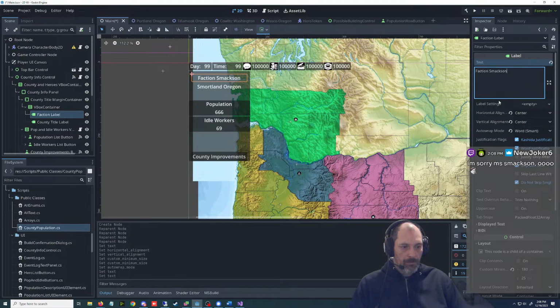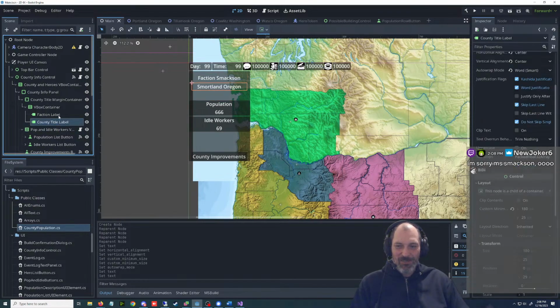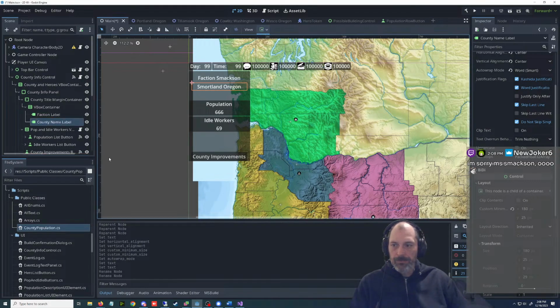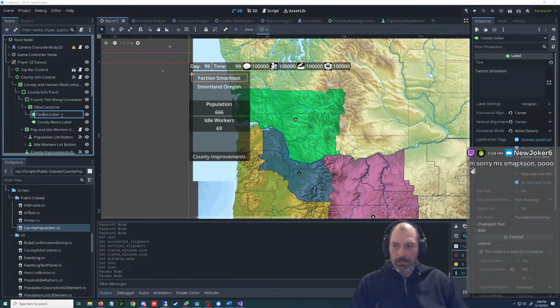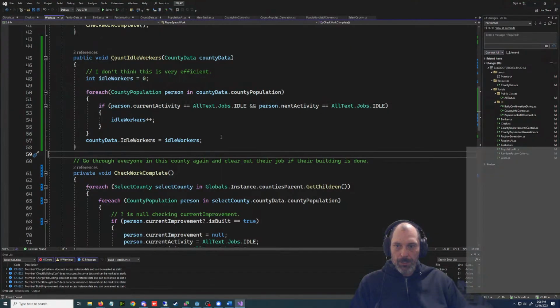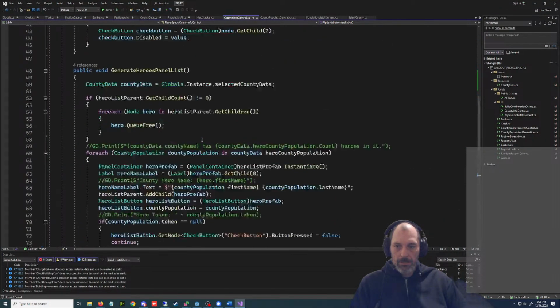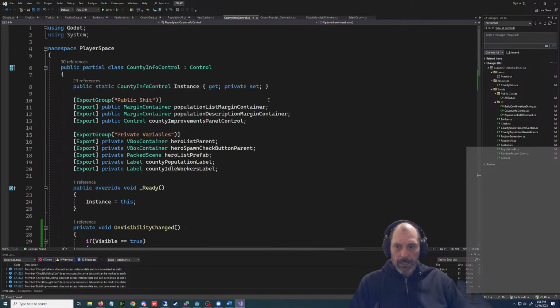But there we go. I don't think I'm going to call this title anymore. It was a title at the beginning, but now it's county. We'll do county name label, faction name label, and then we'll go back. We already have that open over here, and we're going to need another variable over here.